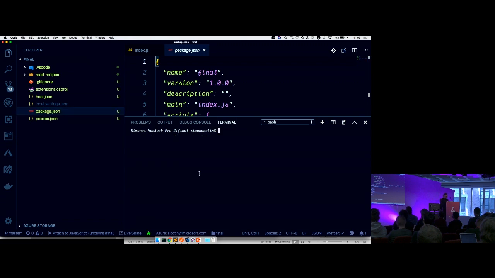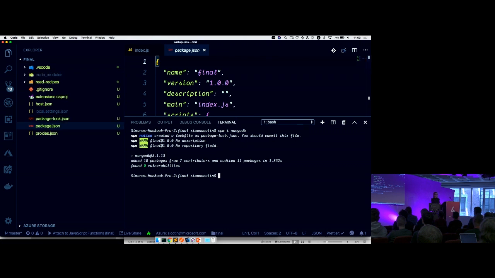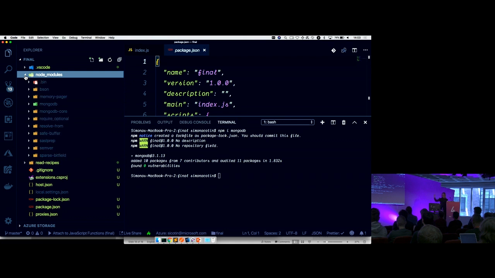And then the next thing that I can do is run npm install mongodb. And this will install the MongoDB package for me and save it in the package.json file. And I'll also have access to the node_modules folder. Very important here, probably this has changed in the past year, where basically I'm sharing all the node modules between all of my functions.